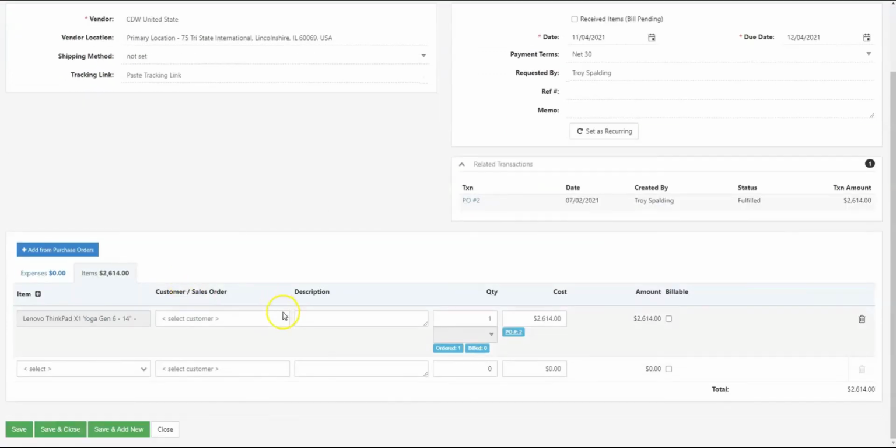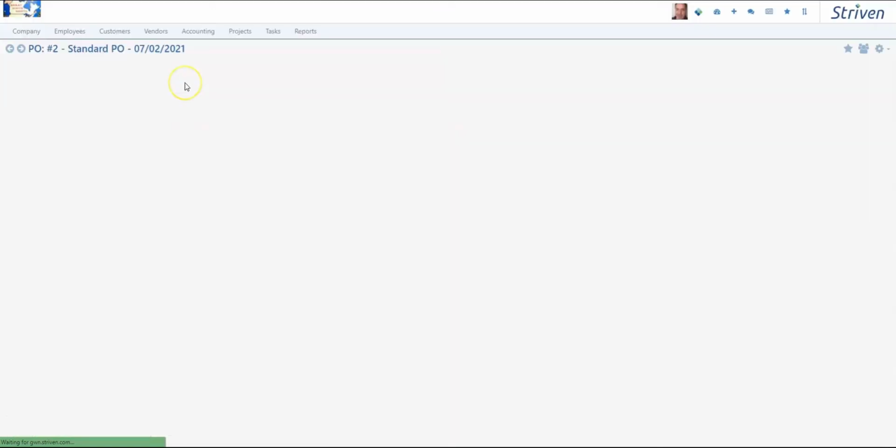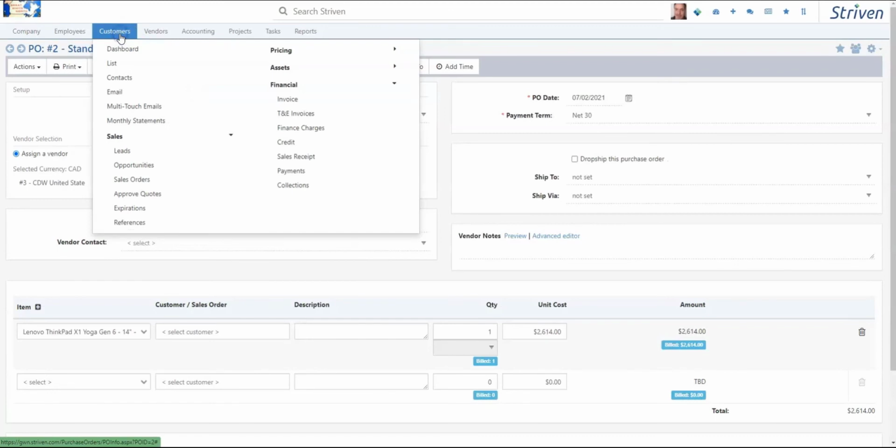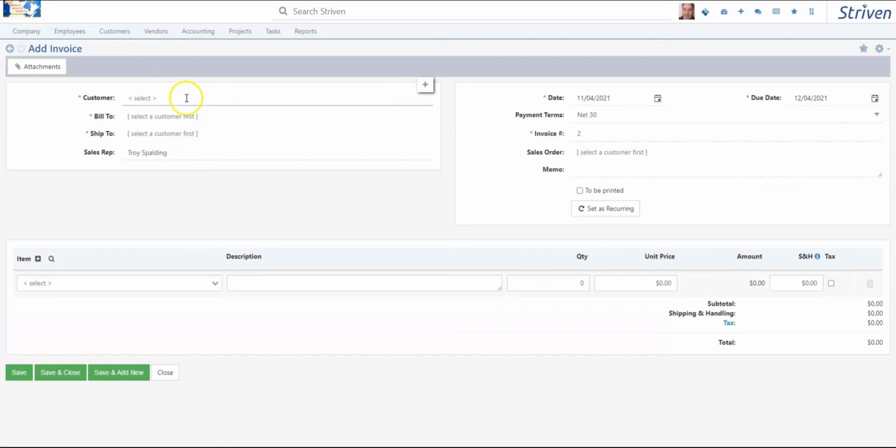And on our bill, we're going to put my company as the customer, and we're going to mark this as billable because we're going to create an invoice for myself for that VAT tax. So we're going to hit save and close. And now we're going to go to customer, and we're going to create an invoice. We're going to select my company,